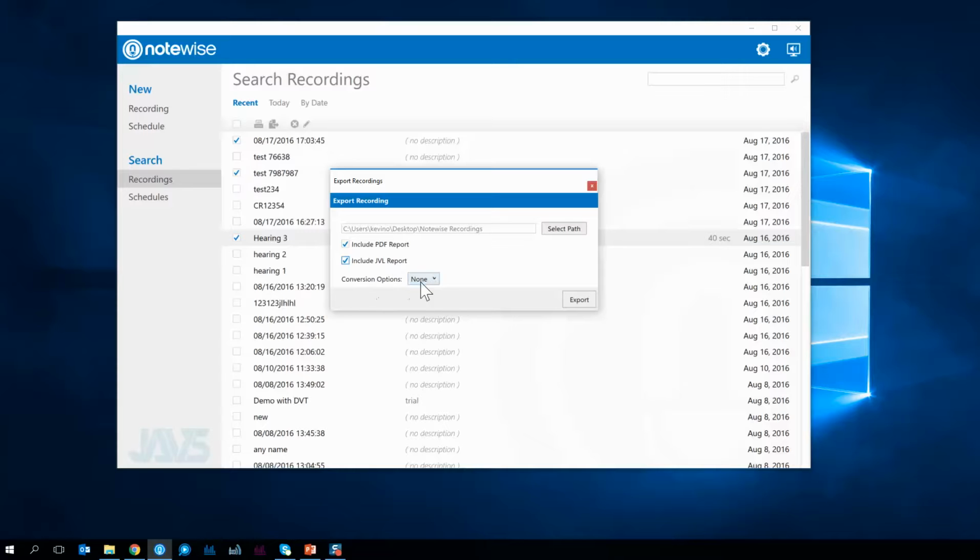And this conversion option just gives you the ability to convert it into a different format, in stereo format instead of multi-channel. So if someone requested that, then you have the ability to do it. If you don't need this feature, then simply leave it to none. And then hover your mouse over Export, and you click Export. Once the files are completed, you get a message from the software that says it finished exporting successfully. At that time, you can click Close,